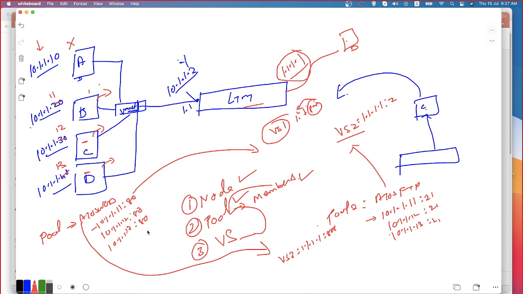The same server can also be part of a different pool. For example, let's say pool 2. This is also a web server pool. I have a couple of servers like 10.1.1.20, 21, 22. At the same time, I can also add 10.1.1.11. You cannot claim that 10.1.1.11 is already part of one pool. Can't I refer to this in another pool? You can, because it's a web service. That's all right. Did I answer your question?